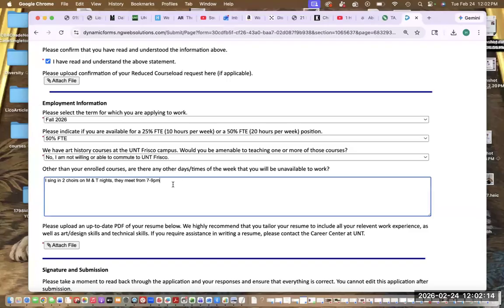Then what Amanda Weiss and I are going to do is look at everybody's class schedule and availability schedule and try to match your schedules with the classes that we need covered. If you like video games, you might think of Tetris. That's what we're doing here. So give us your unavailability in this box, and we will assume that unless you're in class or it's something that's mentioned here, you are available.